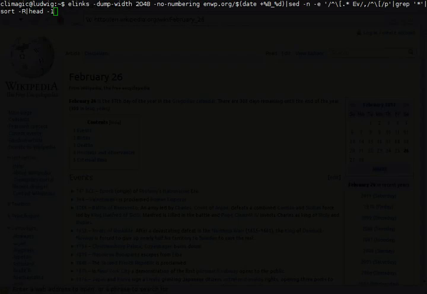A few days ago I posted a command line trick that was to basically get a today in history event from Wikipedia. Here's the actual command. It uses a program called elinks, which is a more modern version of Links web browser for a terminal client, and it basically dumps out the results of downloading the web page, and it does an HTML to text